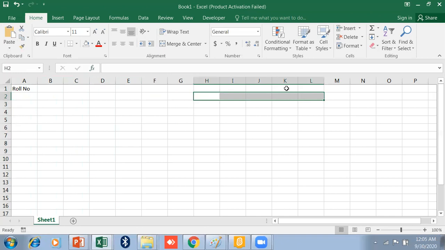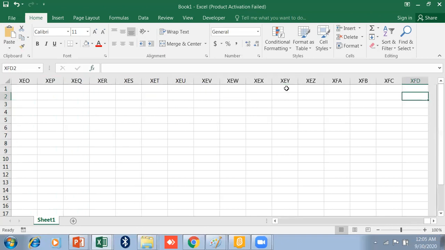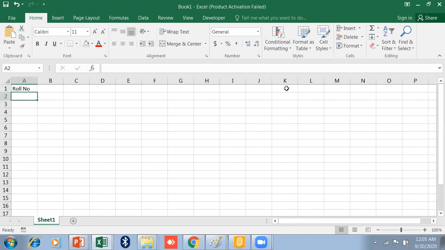Next are the columns A, B, C, D, and the last column is XFD. What is the shortcut key to move to the last column? Just press Control and the right arrow key. The last column is XFD, and if you want to move to the first column, press Control and the left arrow key. If you want to go to the last row of this sheet, just press Control and the down arrow key.